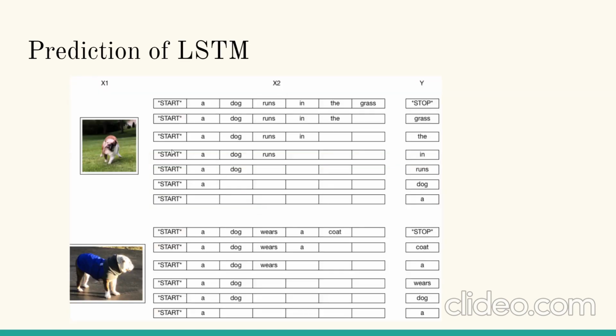We have used LSTM in the following way. First, a start sequence is used, and the next word, which is most probable, is used as a prediction. So here we can see that "A" is used. Now the softmax function is applied on all the words that can be predicted, and here "dog" is chosen because of its higher probability. Similarly, this combination "a dog" is fed into the system, and the most probable outcome is "runs". So in this way, we can see that the final statement which is predicted is "a dog runs in the grass".